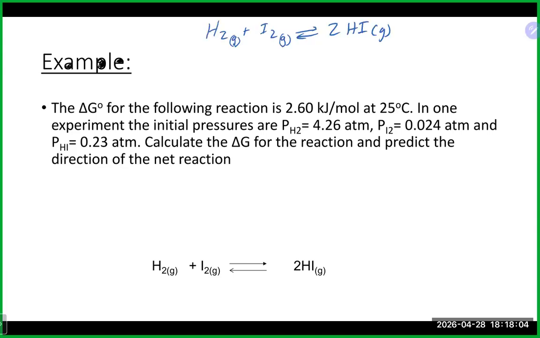All right, let's take a look. So, a couple of things here. Obviously, we have delta G not given to us. Delta G is what we're looking for. This is the key right here. When we look at the pressures, these are not 1 atmosphere, and this is sort of our non-standard conditions